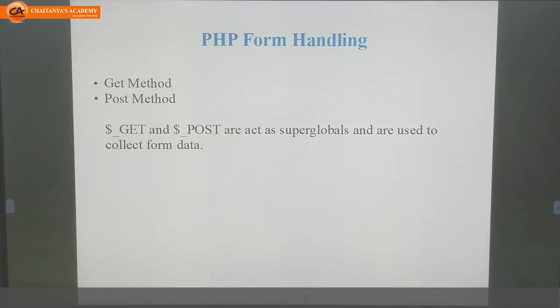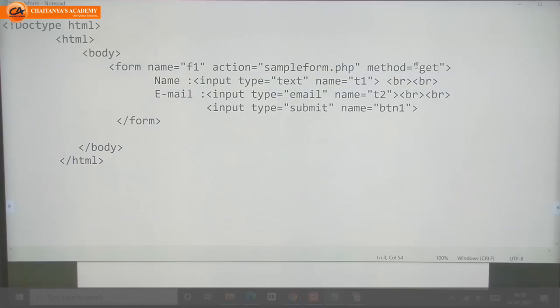If you didn't write any method here, then the default method for the form tag is the get method.